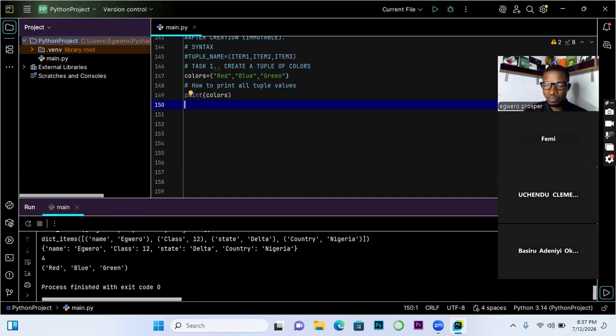Okay, so that is just for us to have an idea of the real life application of it. Another example of a situation where you use a tuple is GPS coordinates or location coordinates, right? All these do not change. So once they are entered, they are entered.